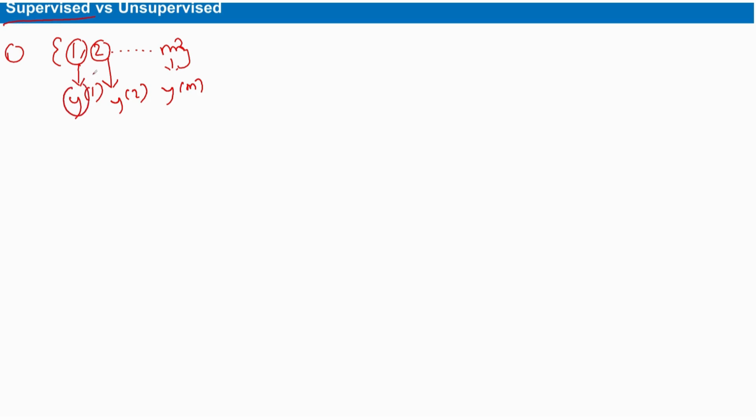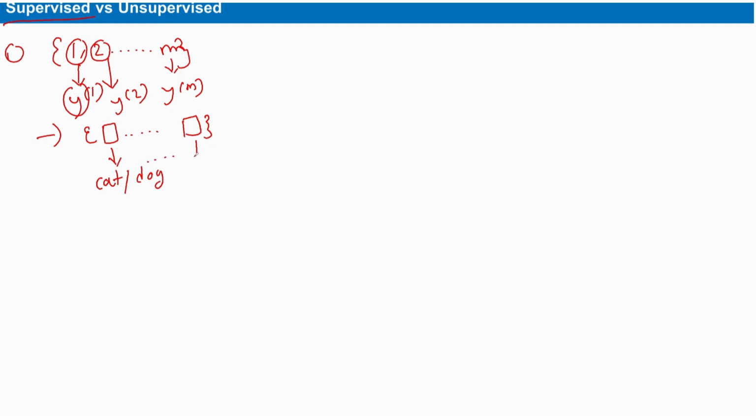If I give a real-time example of supervised machine learning, we will take the example of classification, like cat and dog classification, where you have a data set of images from image 1 to image m. In each image you will have the label for that image, either cat or dog. In the same way, for each image you have this label.